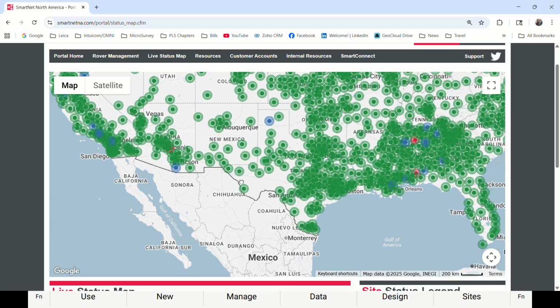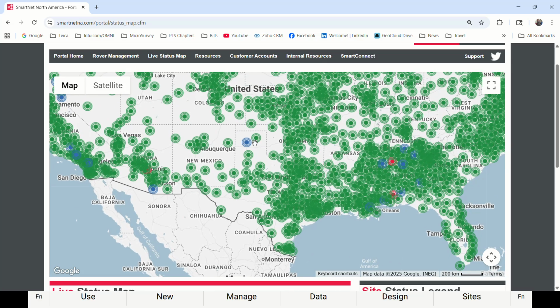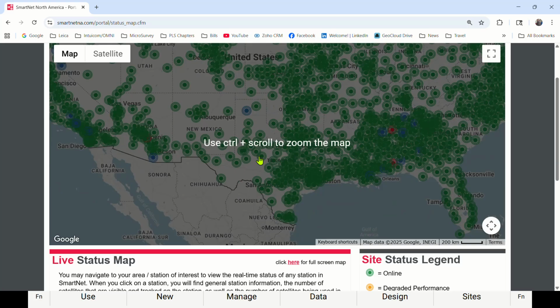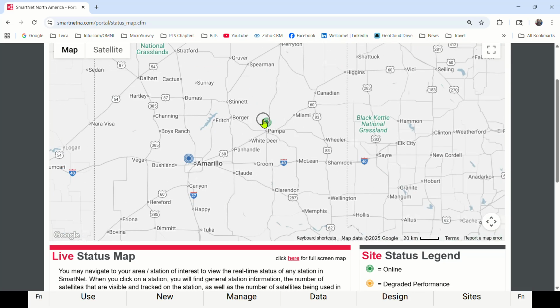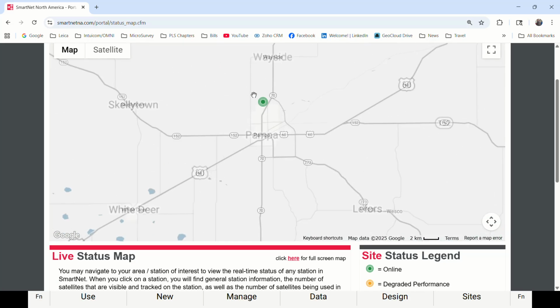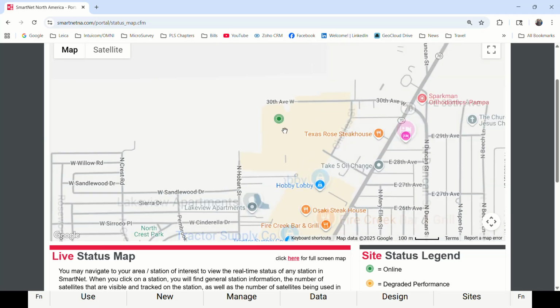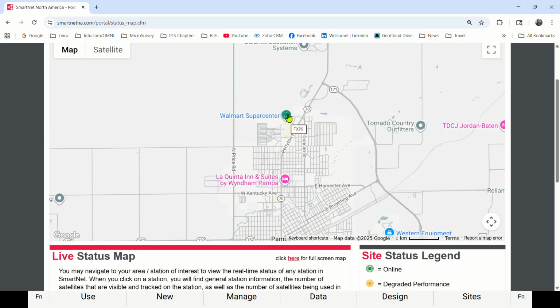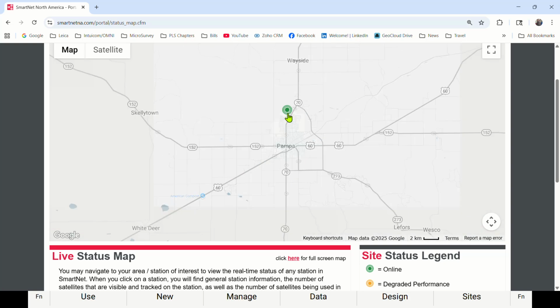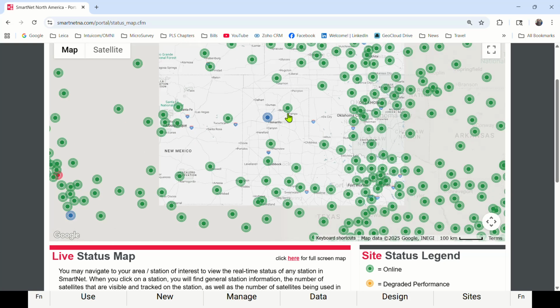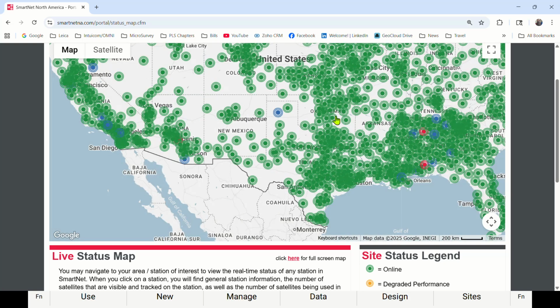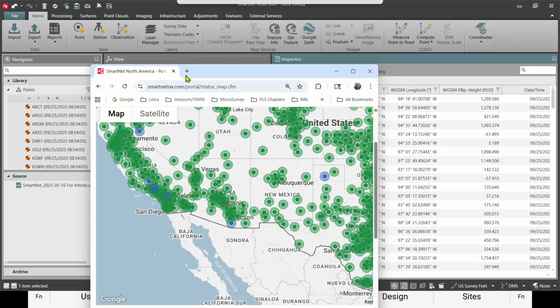So what I've got here is just the Smartnet map opened up. And so we've been able to extract these. Thank you, Terry. You're able to extract every one of these sites. I'm going to use this one as a demo because it's right here over the top of the Walmart. There's a coordinate. Essentially, we got a CSV of this, and I took this CSV of all the Texas sites, and I imported them